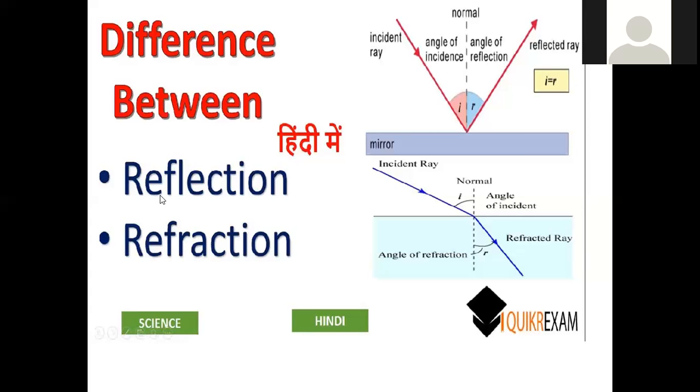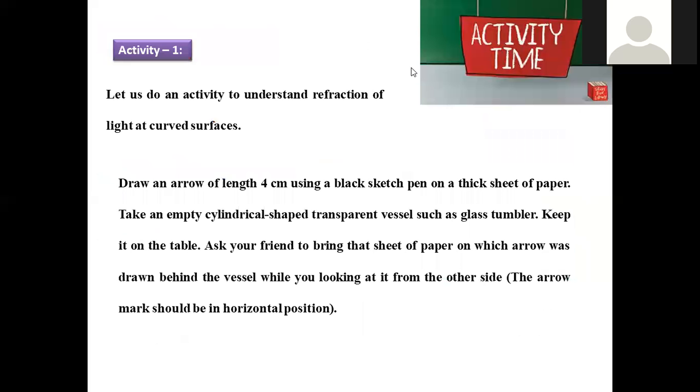This is the main difference between the processes called reflection and refraction. Reflection is when light hits the surface of a mirror, bounces back, and a mirror image originates. When incident light passes from one medium to another, its angle and speed change as well. That process is said to be refraction.